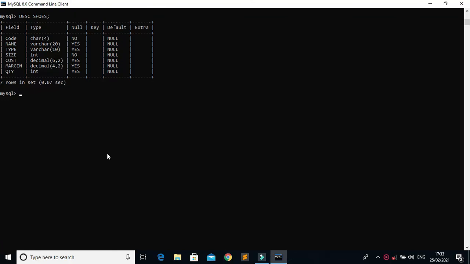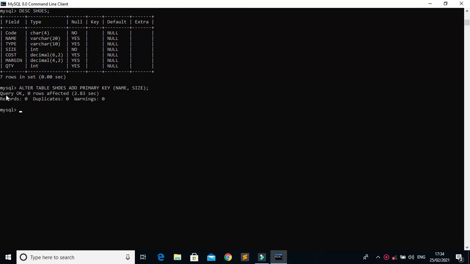Now you can write another statement to add name and size as the primary key. So how can we write that? We just have to say alter table shoes, add primary key, and the column names: the first column name is name and the next is size. Now as you can see, it says query OK.